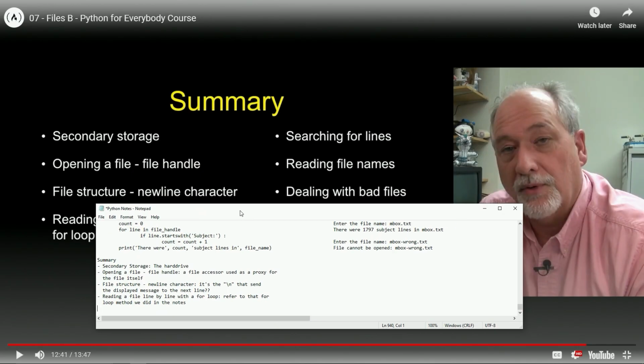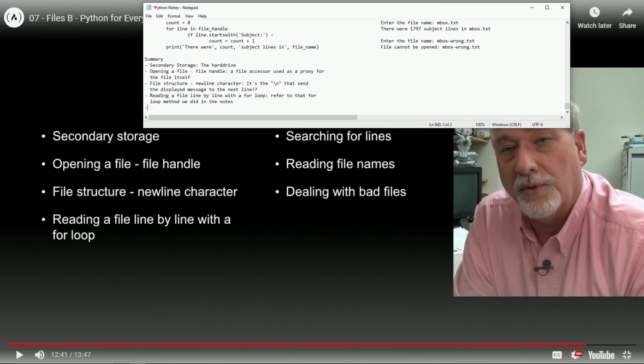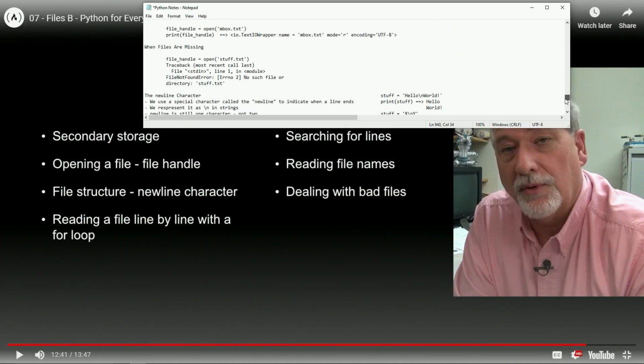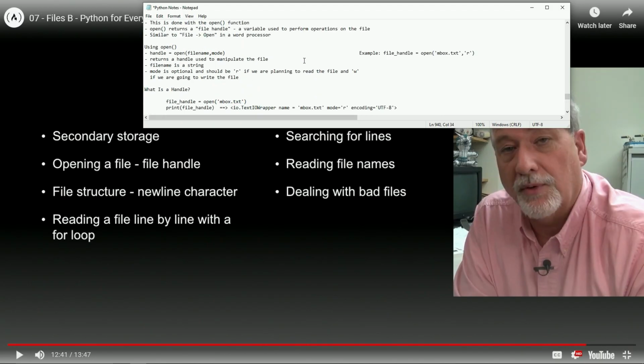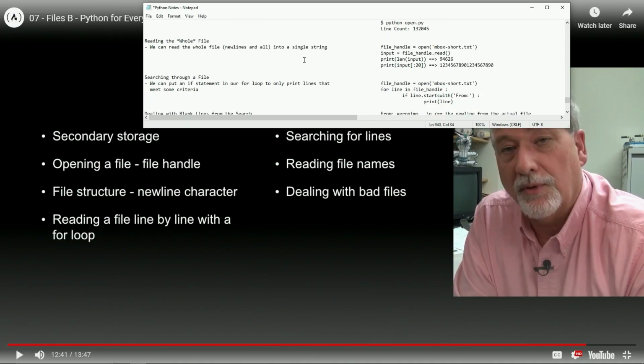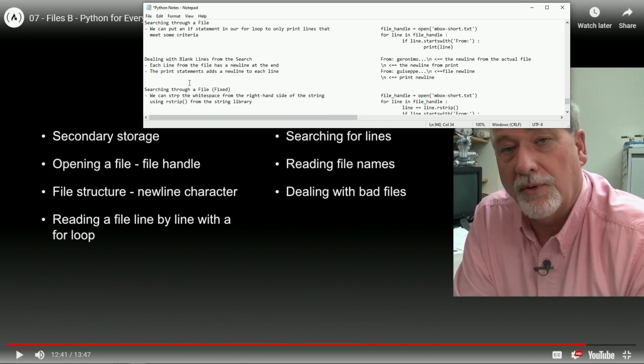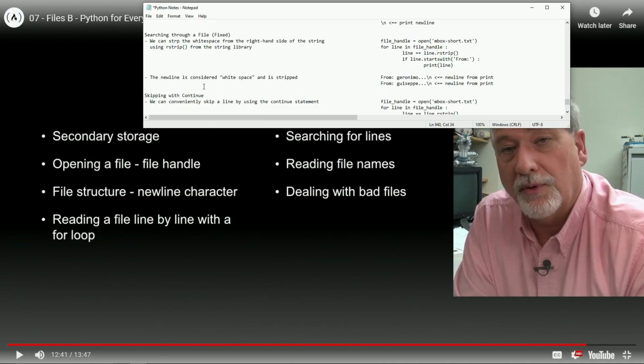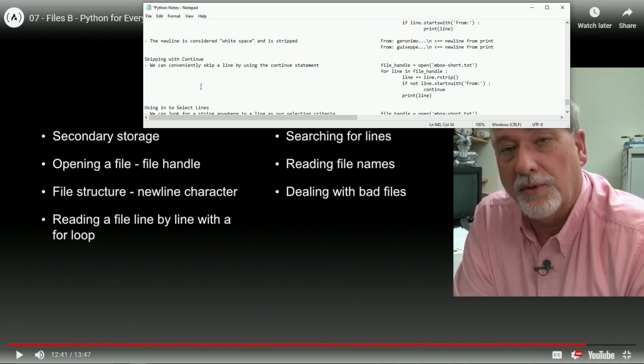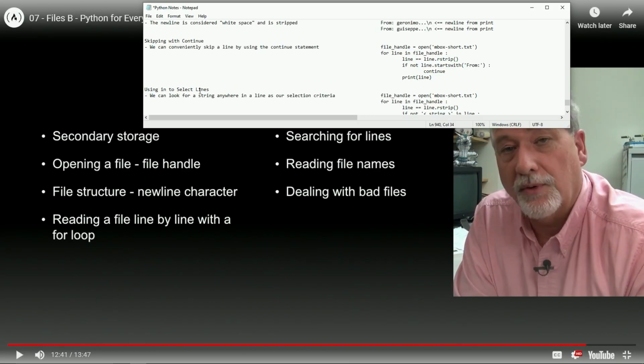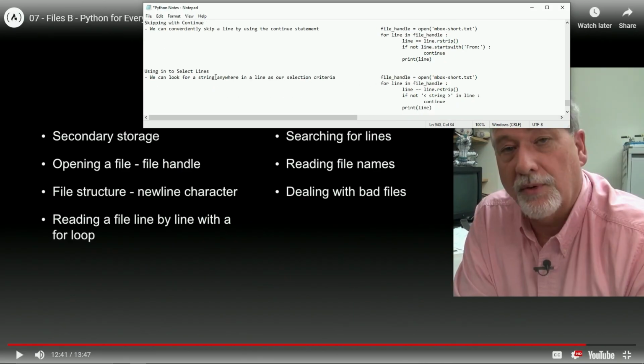Searching for lines. Searching through a file, dealing with blank lines, skipping with continue, using in to select lines. Okay, so here we go. Using in to select lines.